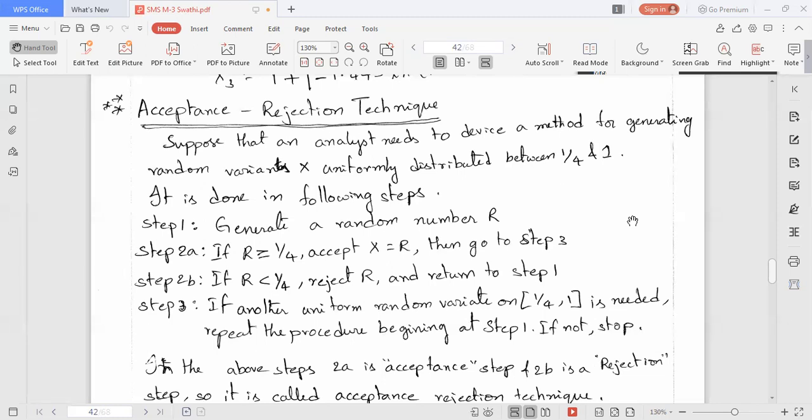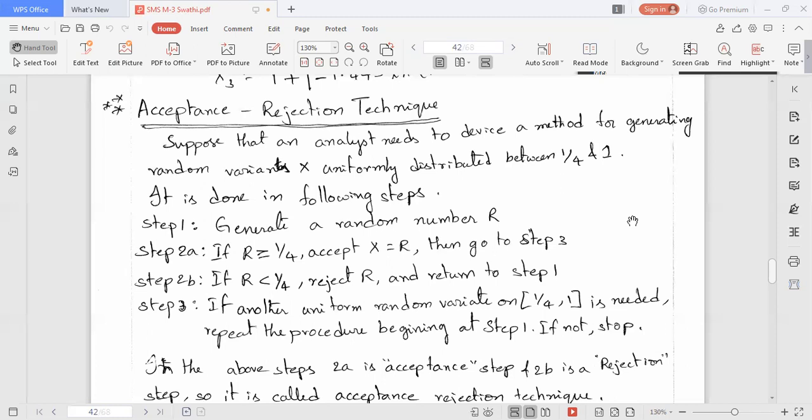If R is greater than or equal to 1/4, accept that random number, that is, assign the random variate X equal to R.